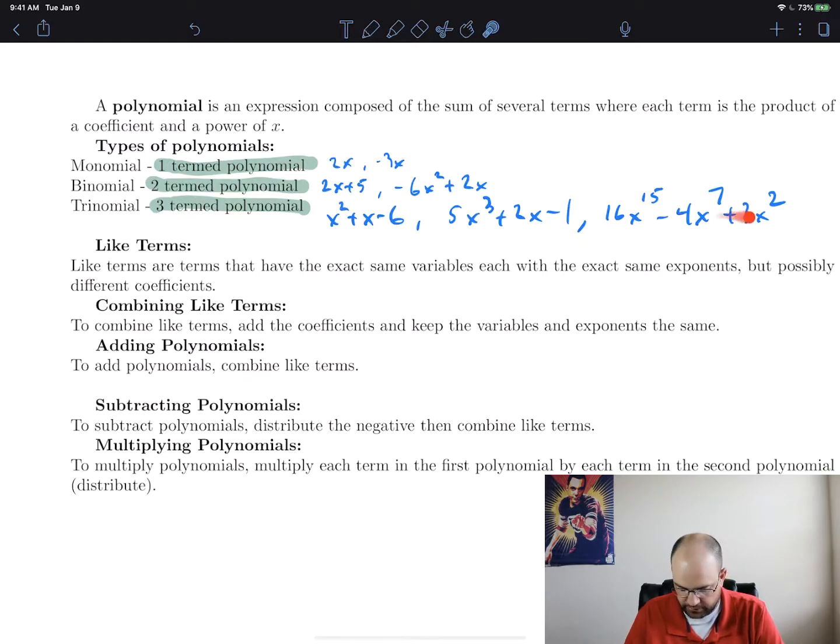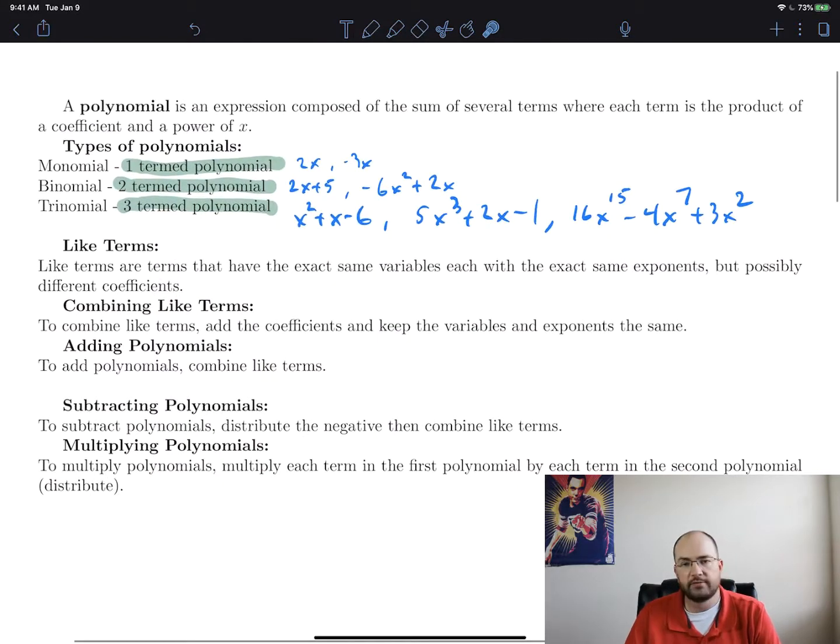These three are all three-termed polynomials, which means that they are, in fact, trinomials. Notice that we are, again, separating terms with addition and subtraction. So it's important to understand that when you're talking about terms, terms are always separated with addition and subtraction. Now, let's talk about a few